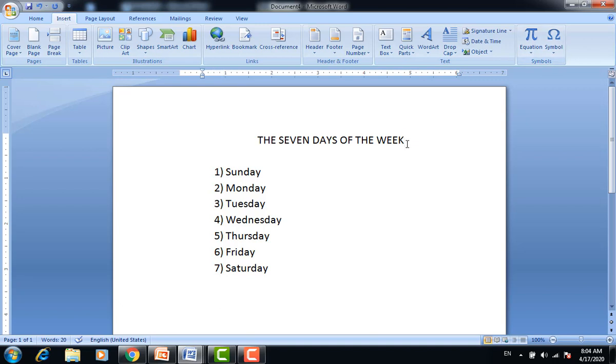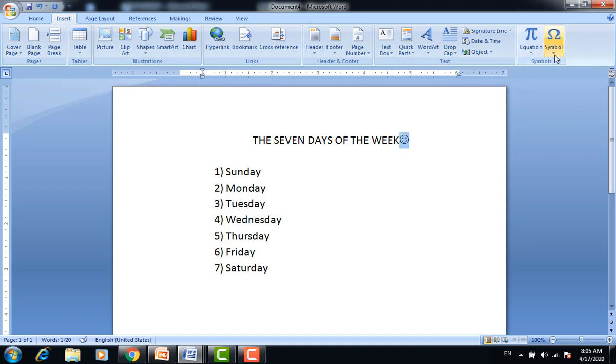Now I need to add a symbol near my title. I click on the Symbol option and a drop-down menu appears. Yes, you can find many symbols over here. I'm going to choose a smiley face. See, a smiley face appeared here.